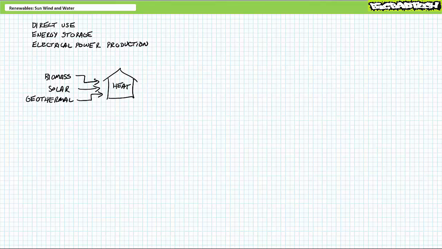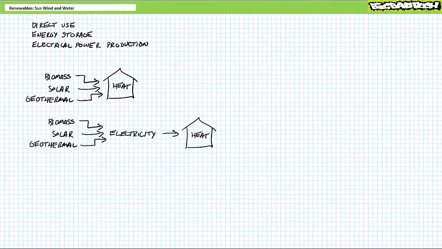Problem is, not everyone has a wood stove, not everyone's house is properly sited to take advantage of passive solar heating, and not everyone lives on top of a geothermal hotspot like those shy and reserved inbred blonde elves that populate Iceland. For this reason, resources are often converted into another form, typically electricity, prior to being used. Biomass to electricity to heat. Solar to electricity to heat. Geothermal to electricity to heat. To be sure, there are losses in this two-stage conversion of these resources, but it sure beats having no heat